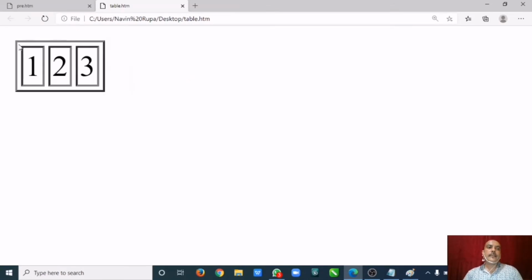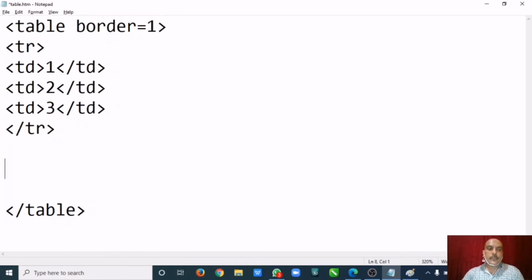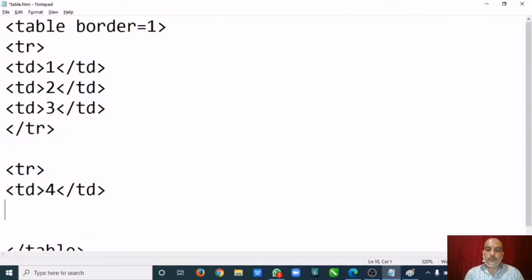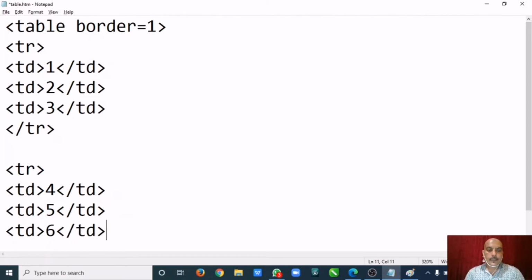See, 1, 2, 3. So here it contains 1 row and 3 columns: in the first column 1 is there, second column 2, and third column 3. So this is a column, and the first one is a row, right? Now I want to create one more row. For that purpose, again I will write tr, then td, and then suppose 4, then again td 5, td end, and again td 6, td end,